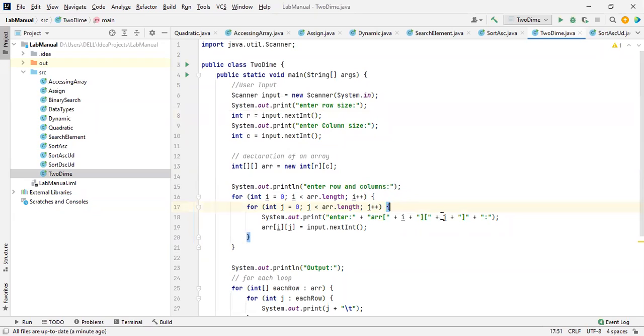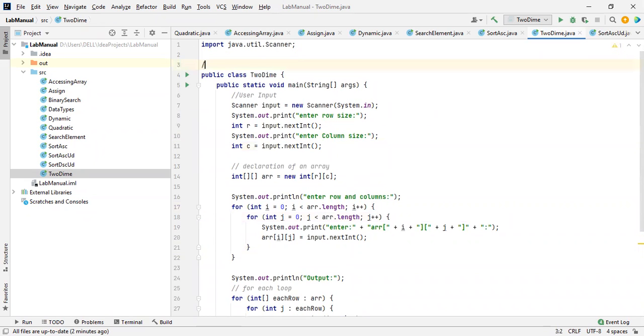Just I mentioned i and j because which row it belongs to or which column it belongs to. And a of i and j, a of i and j means it's a single element. At every time when the loop is continuing, we are going to assign a particular element dynamically. Okay, now you got a good idea about this, how to give the values dynamically for the two-dimensional array, which is a very important topic. So this is how to access.